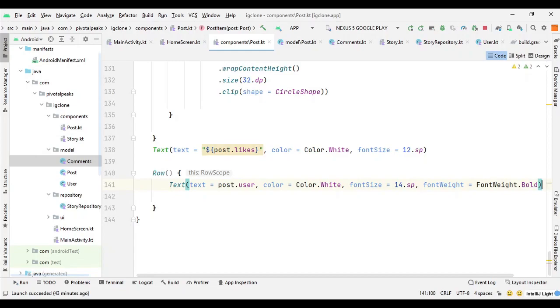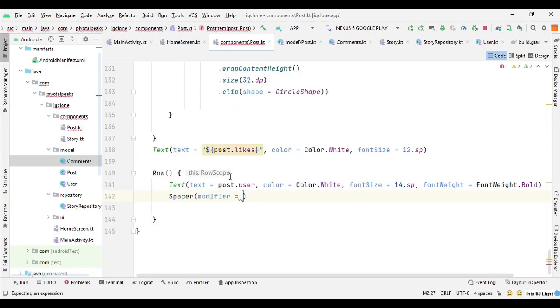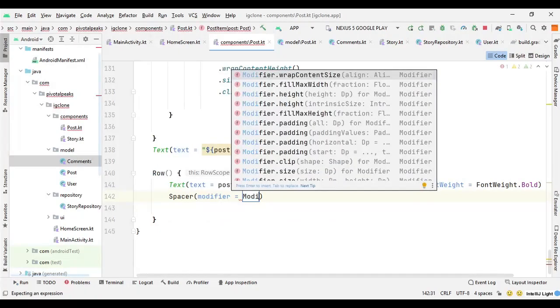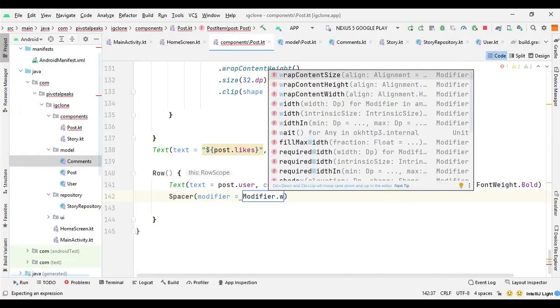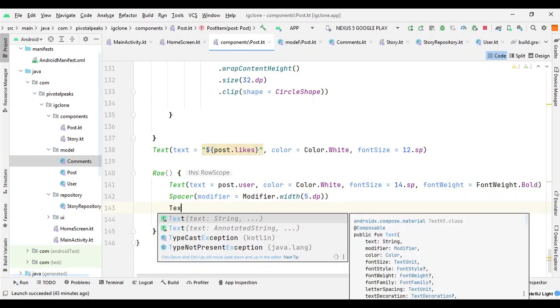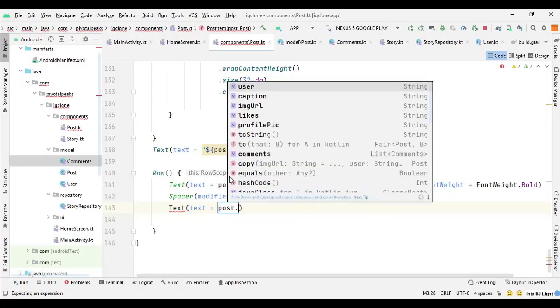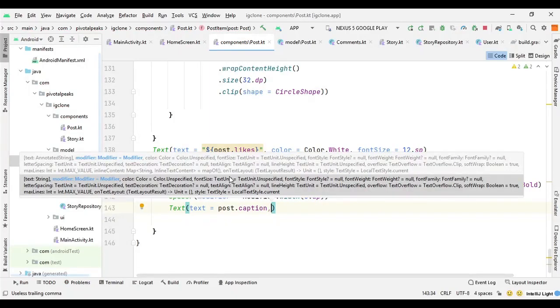Then we need the caption, so we can provide a spacer. We can create a little bit of space. So for that we can say spacer modifier dot width, and we can give it 5 dp of width, and then we can say text, and for text we can say post dot caption, and let's give the color as well.